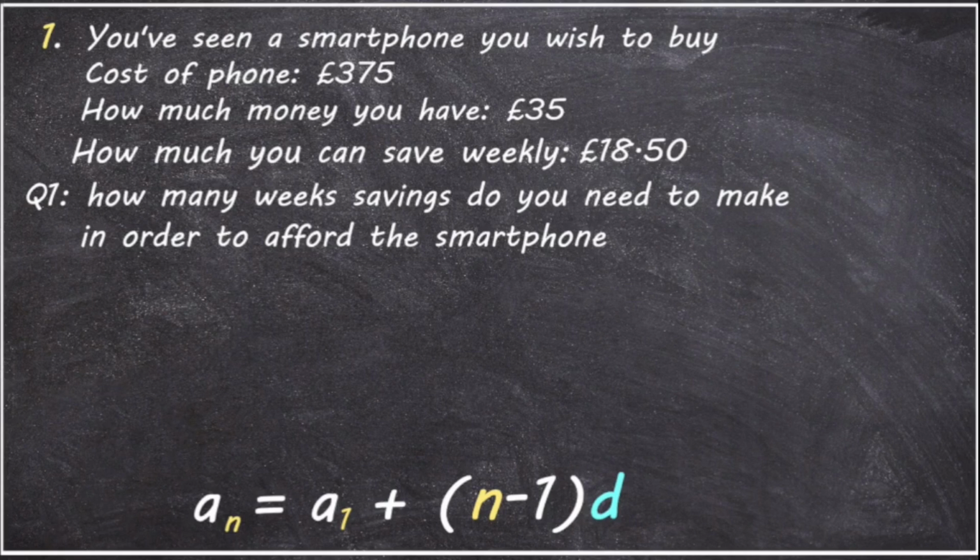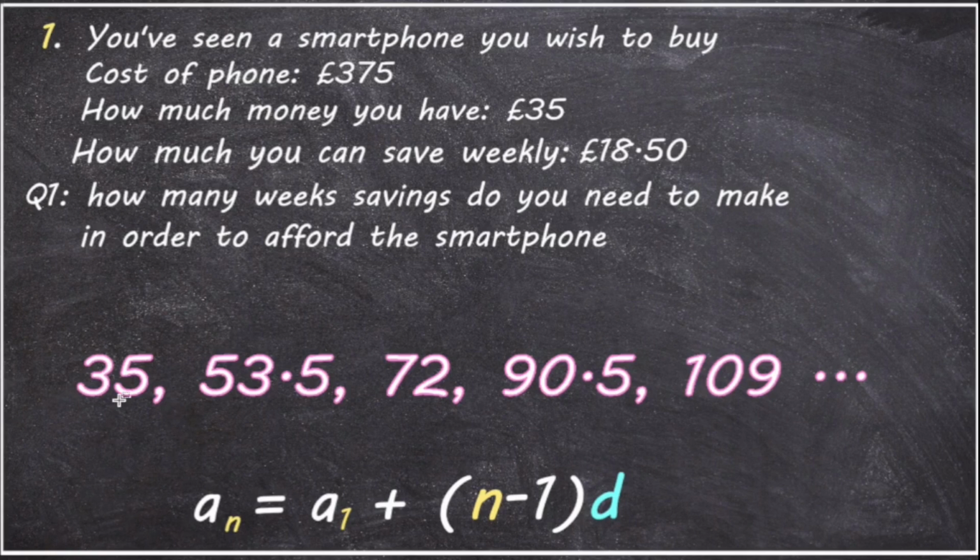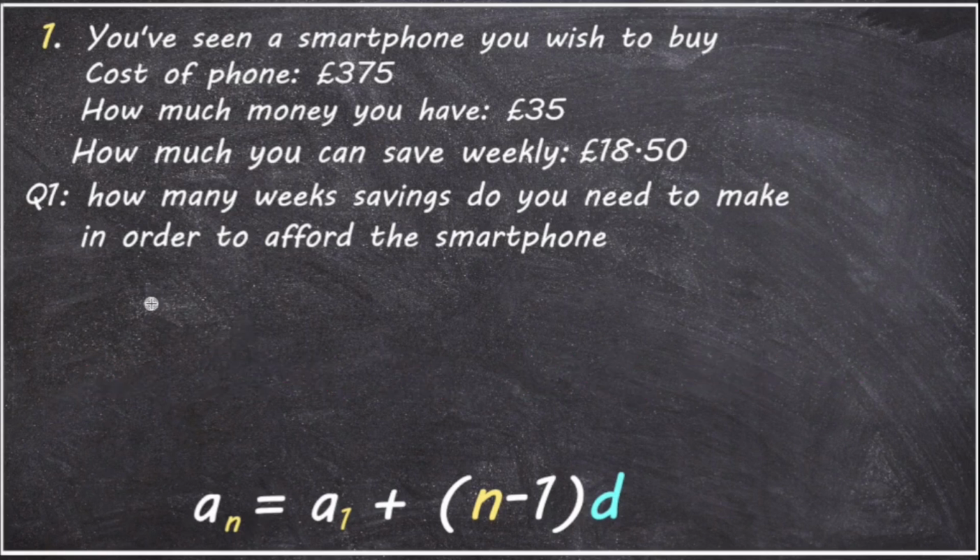Here's what the first few terms in this sequence would look like if you decided to write them out. 35 at the beginning, then we're adding 18.5 each time. But we don't need to do this because we have the expression which can find the value of any term in the sequence. Let's start plugging values into the equation. I'll start on the right hand side. We know that a sub 1 is your first value, which is £35. That's how much you have at the beginning. Then we're going to add n minus 1 times the difference, and the difference is 18.5,